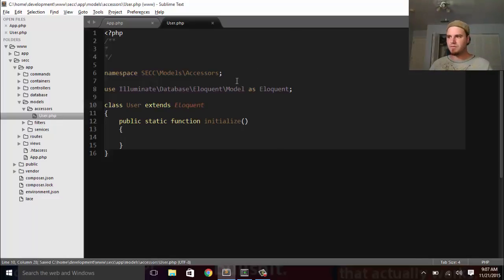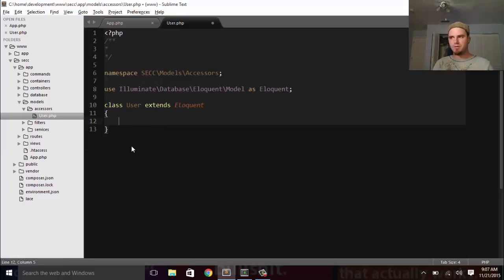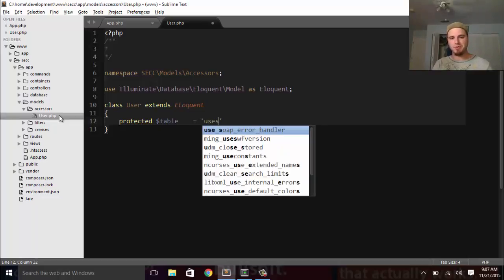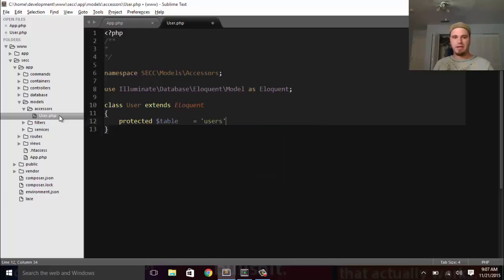And we don't need a method in here just yet. All we need is to tell it what table to use, and honestly, the way Eloquent works is it works off of a plural basis. So if we have a users table, then the user model would automatically access the users table. But we can name it whatever we want to, and we can point it to a specific table. So I would point it to users,